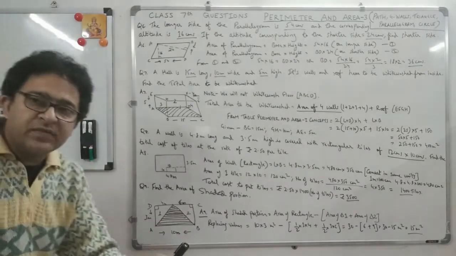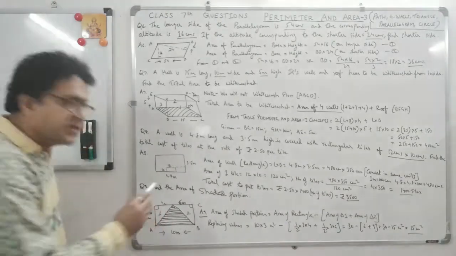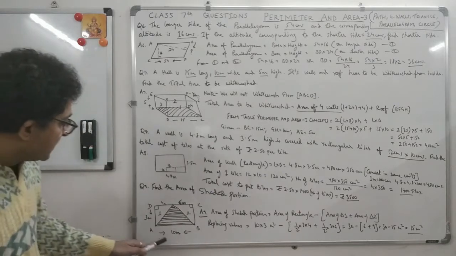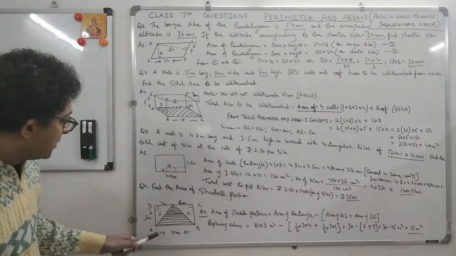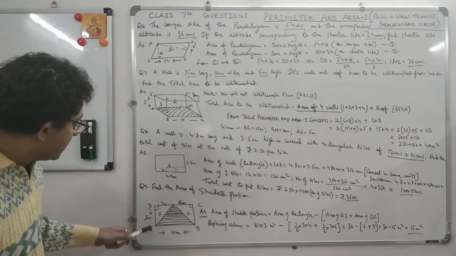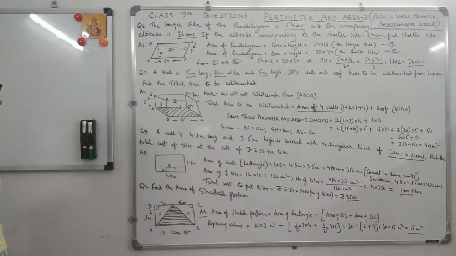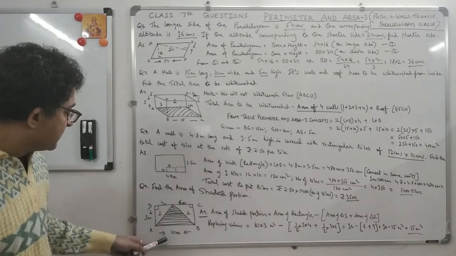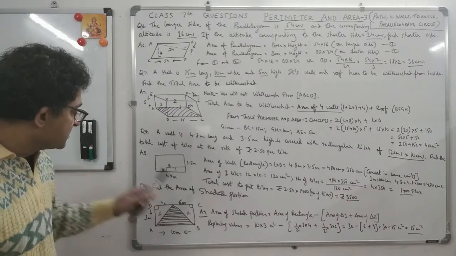There are three figures which have been made. You see a triangle. This is the shaded portion which they have asked you. You see this rectangle. This is 10 meter given to you, 3 meter given to you. AB is 10 meter and AD is 3 meters. And what else is given to you? This is 4 meters and 6 meters. Because this is 10 meters, this is 4 meters, this is 6 meters.